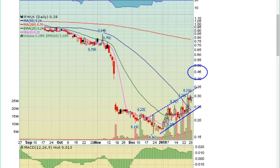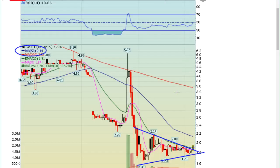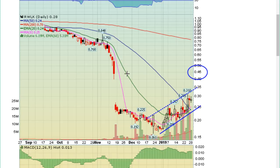Nice sideways action. It's holding up very, very well. We got that FDA filing press release, and it's going to be all systems go. But going into tomorrow, I really love the setup here, and hopefully we get that nice press release on the